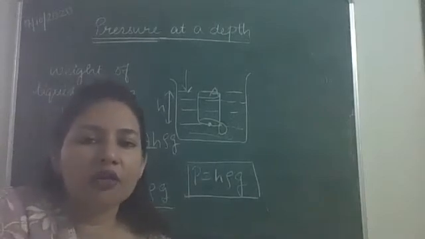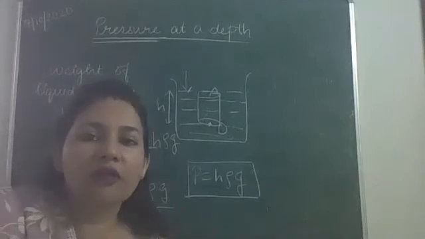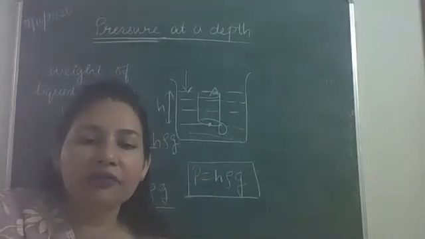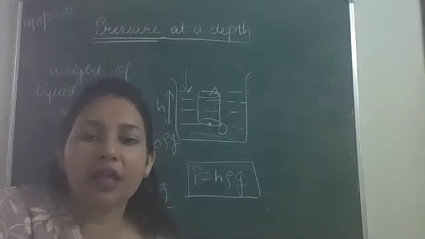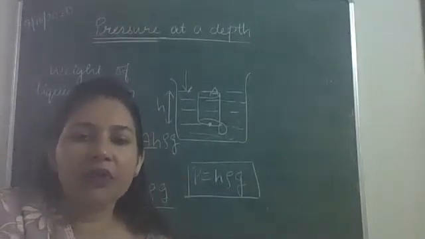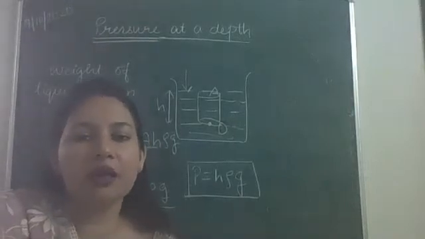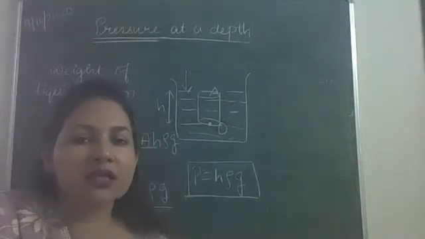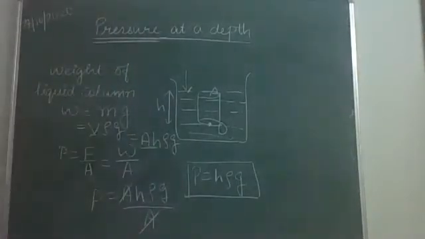Okay, so I was telling you why mercury is used as a barometric liquid, because the length of the barometer would be practically feasible. You have seen we have mounted it in the lab also. But what will happen if we use water in place of mercury in the barometer? Let us calculate the height of a water barometer. Then we can comment upon this question.